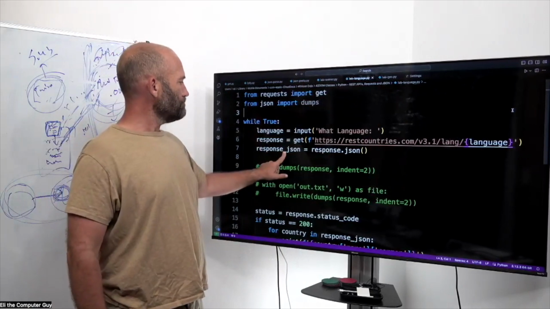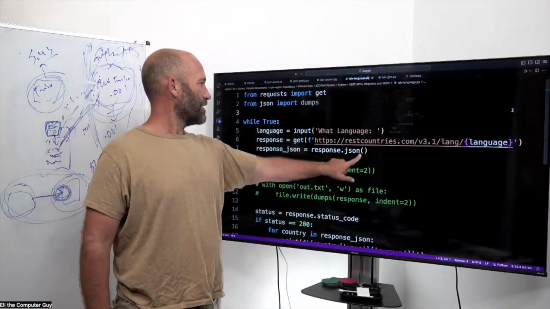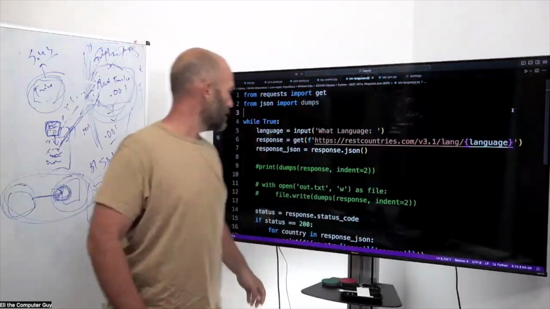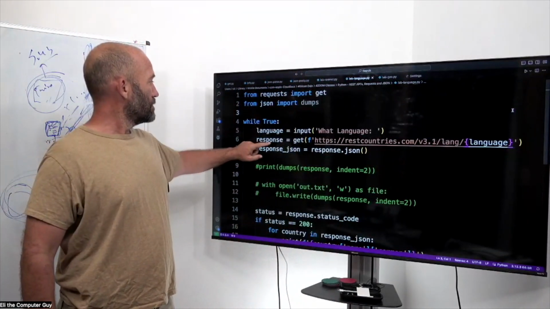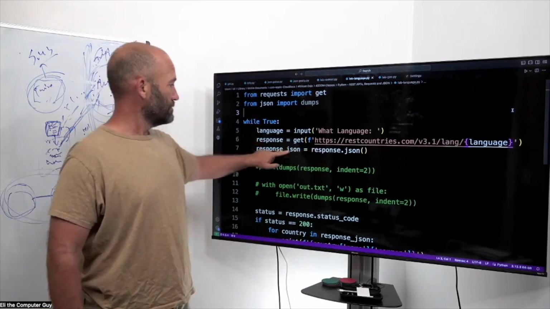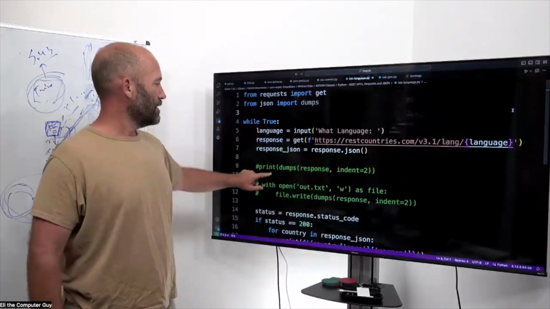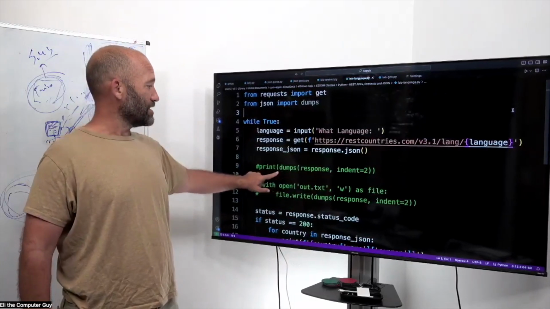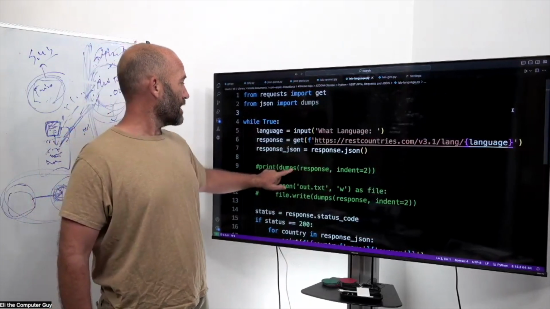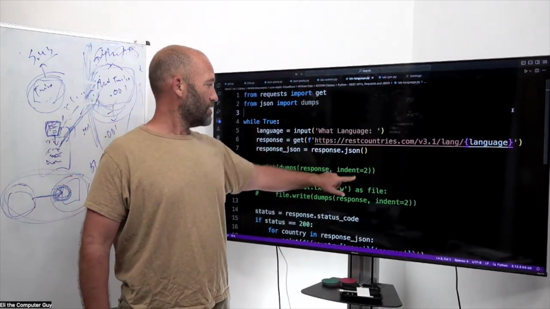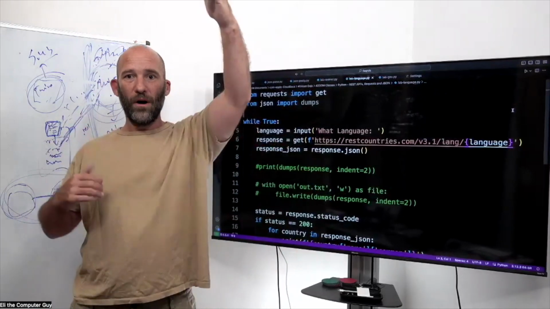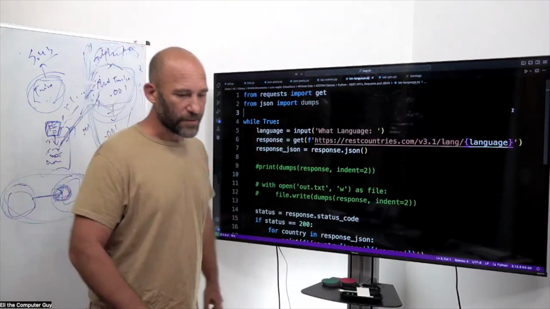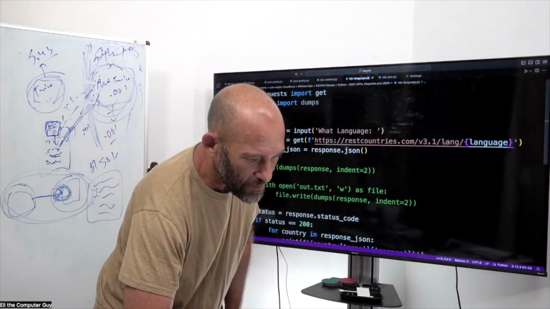Response JSON equals response.json. So basically here, I'm getting this response in, but I'm not using the JSON. I am just pulling it in and then turning the JSON on down here. The reason that I'm doing that is basically if I need to do some troubleshooting, right? So basically I have this dumps here. And so with the dumps, I can dump response, indent 2, to see what it looks like. The other thing that I have here is for troubleshooting purposes. So if I do this with a response,